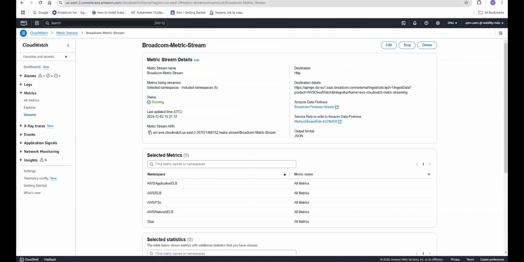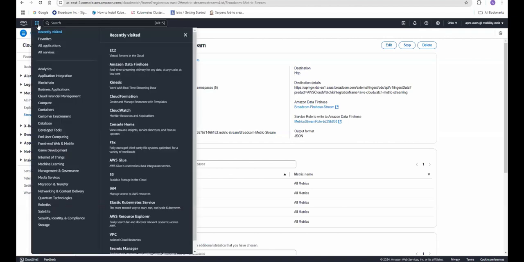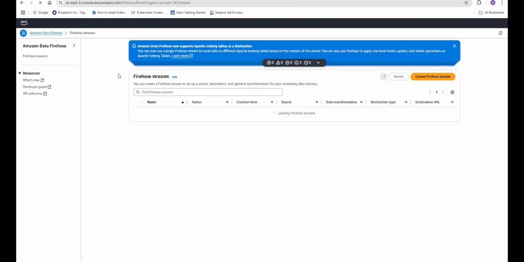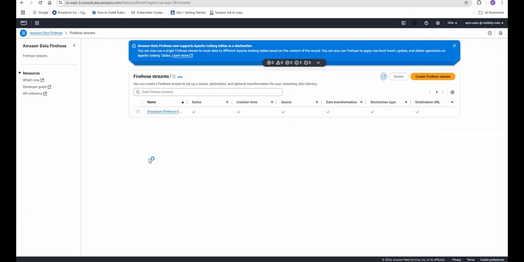Now, if the user chooses to not use the deployment template and create the complete setup on their own, then there are a few configurations or settings in the Firehose stream which are very important or critical for the setup to work properly. So I'll just highlight those properties which the user needs